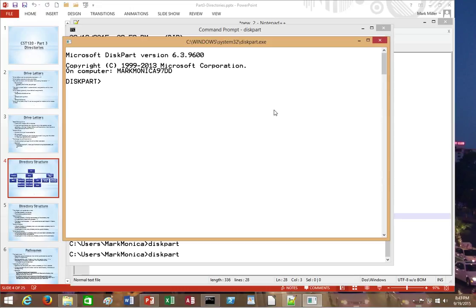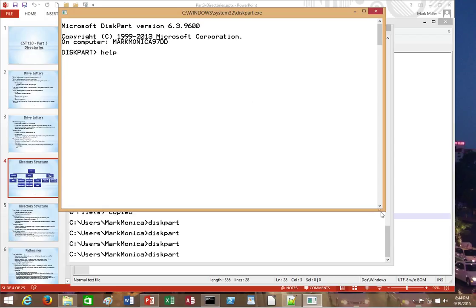Now the first thing I want to talk about is how you get help in DiskPart. Unlike the other commands, you cannot type help DiskPart at the command prompt and get information about it. You have to start up DiskPart in order to get help information. So you can simply type help at the DiskPart prompt, and notice here you now have a new prompt that's completely separate from your primary command line window. I'm going to type the command help, and actually before I press enter I want to make the window a little bit bigger